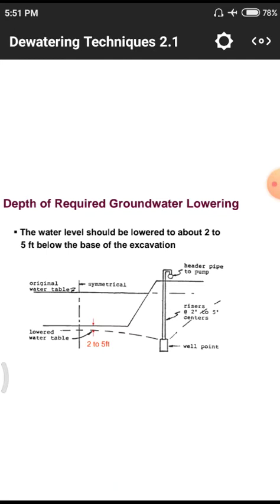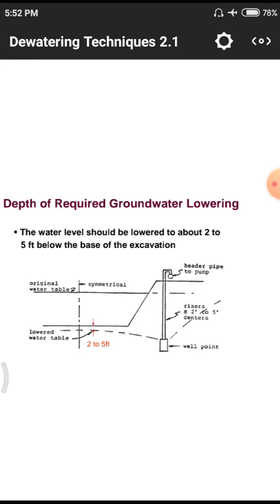That means we need to lower the groundwater level by a particular amount. If there is a foundation, automatically at the foundation level we have groundwater, so we won't have access to construct a particular foundation. So we definitely need to decrease the groundwater using these techniques, like well points, sand wicks or trenching methods, different methods to decrease the groundwater up to a particular level. After that we won't have to decrease the groundwater.